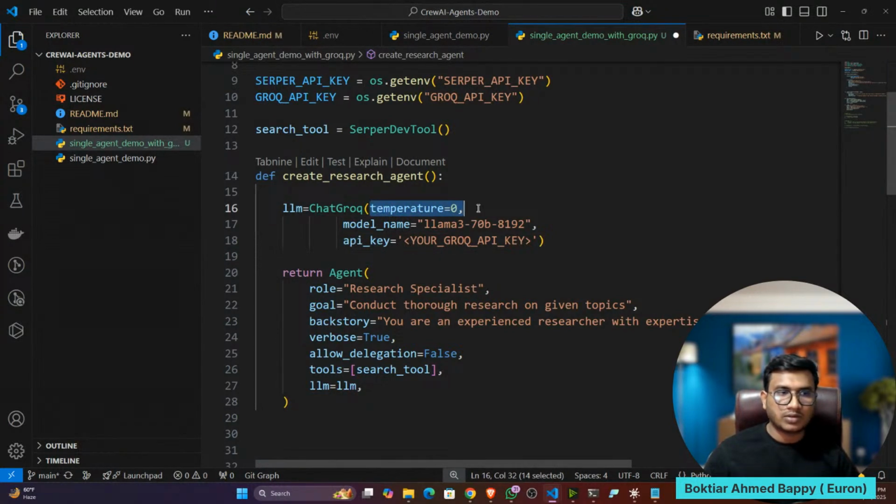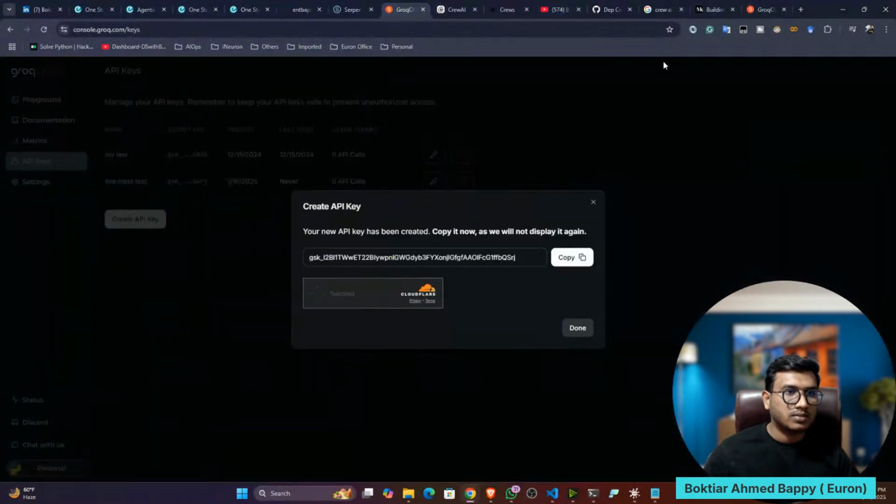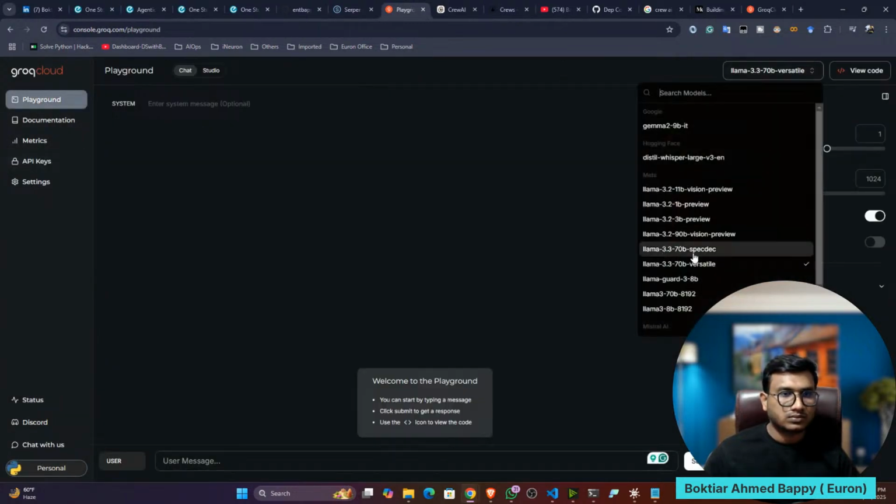The temperature parameter, if you want, you can give; this is the creativity parameter. For the model name, I'm using the llama 3 70b 8192 model. You can see this model is available. This is the model I'm using.